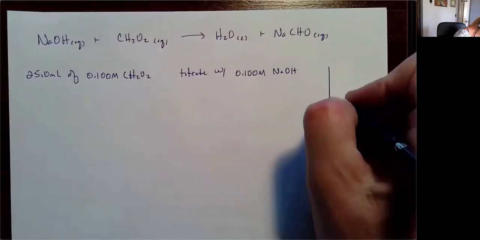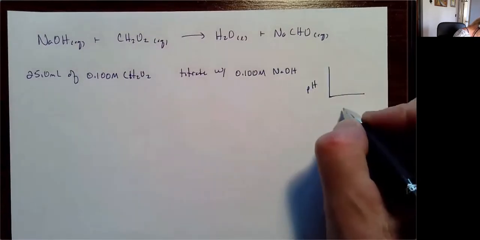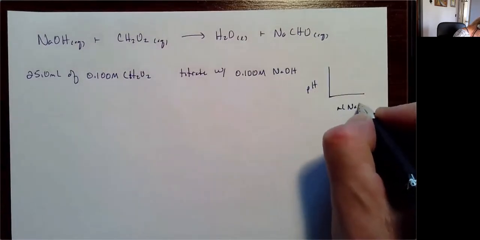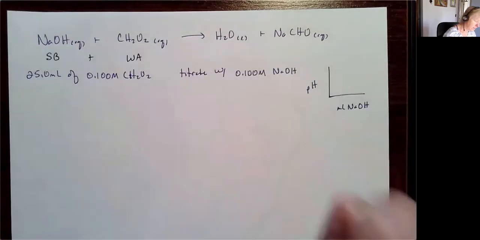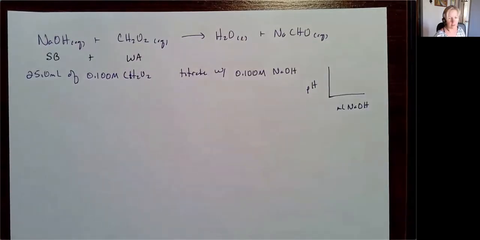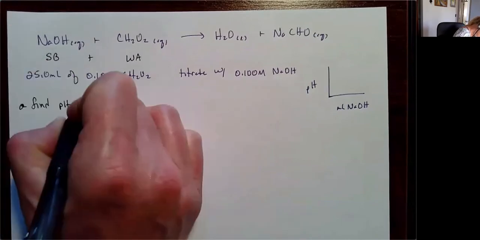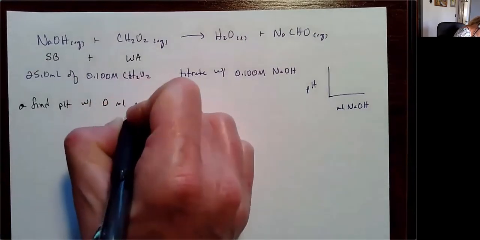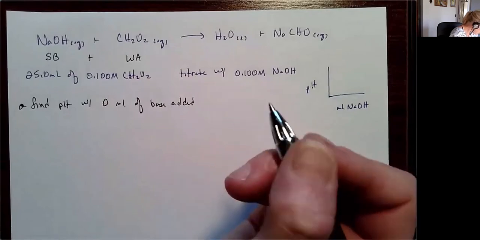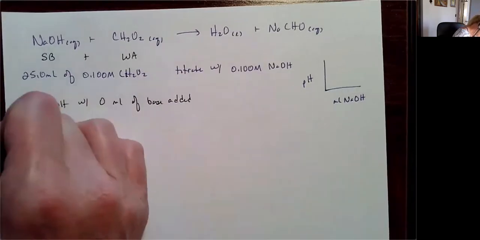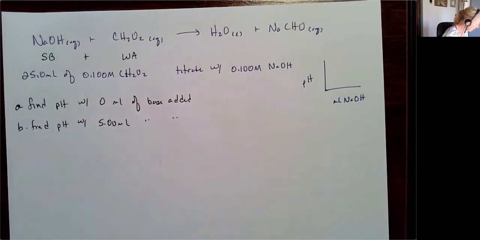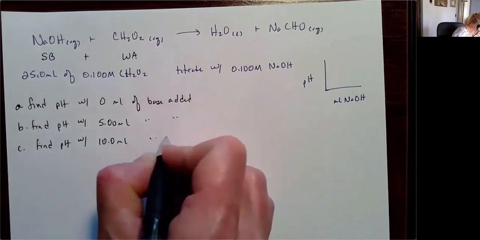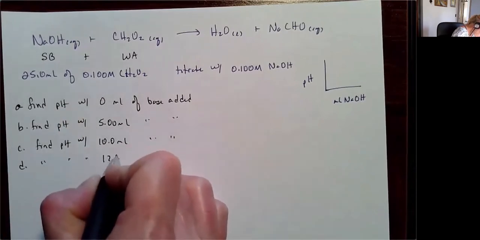So my pH titration curve is going to be with milliliters of sodium hydroxide down here. So this is a weak acid plus strong base, so now I'm going to have this buffer region in there. I'm going to find my pH with 0 milliliters of base added, with 5 mLs of base added, with 10 mLs of base added, with 12.5 milliliters,